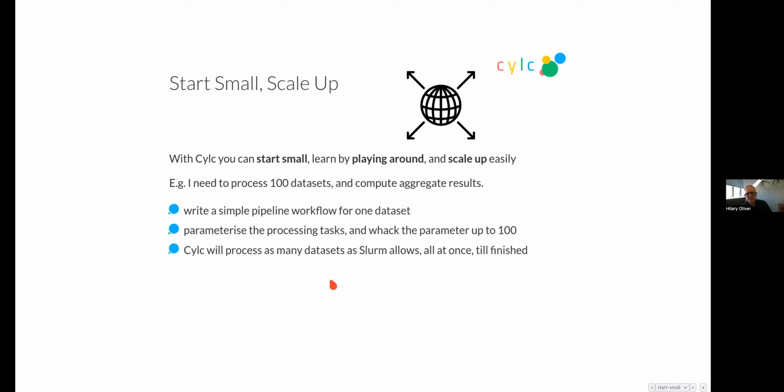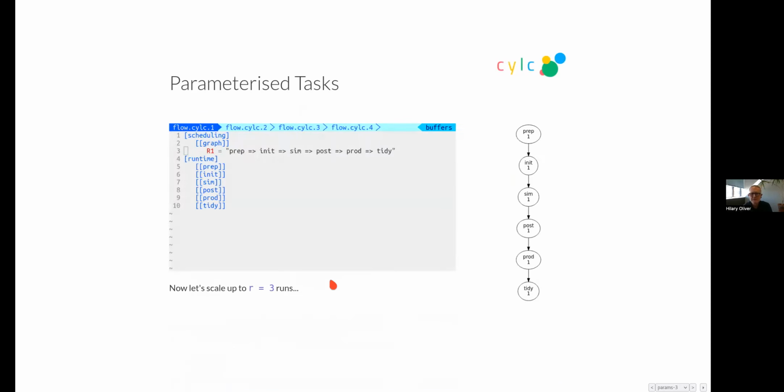And when you do that, Cylc will process as many data sets as Slurm allows, i.e. as the external resource that you have access to allows, all at once until finished. So here's an example pipeline for a single data set.